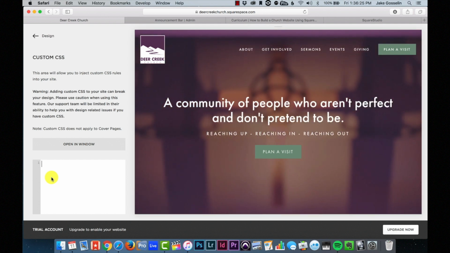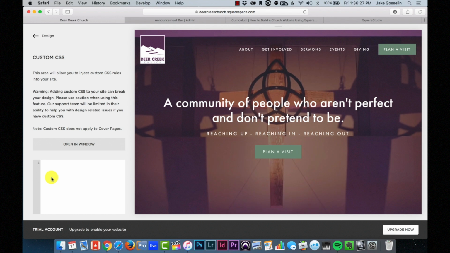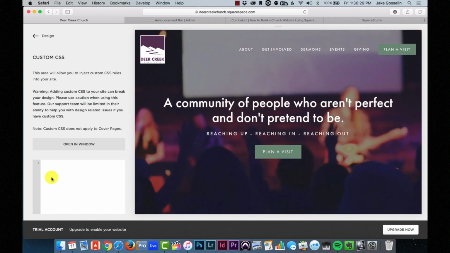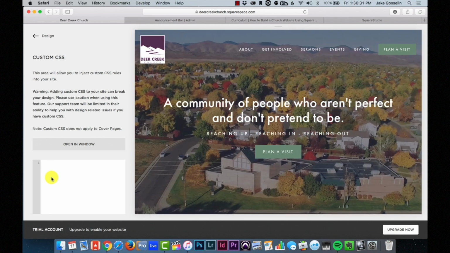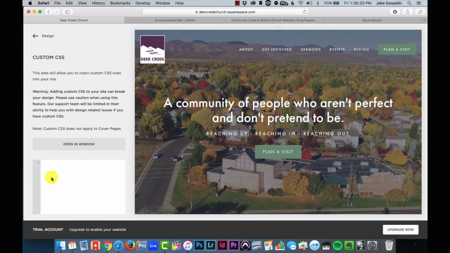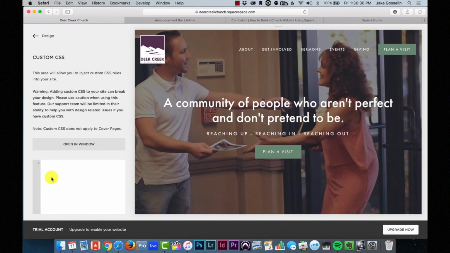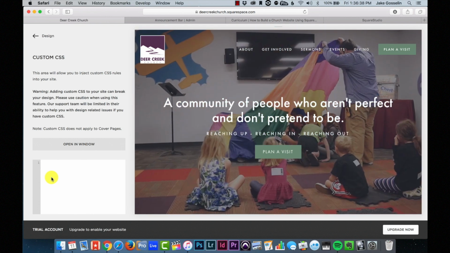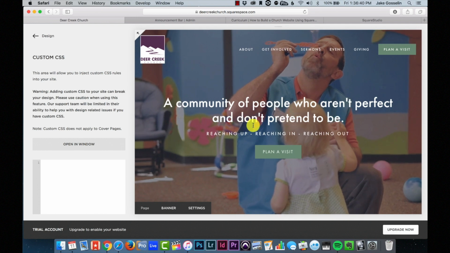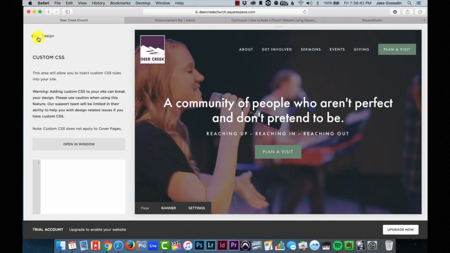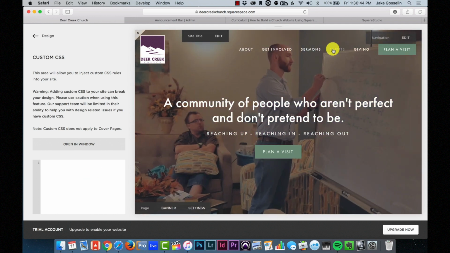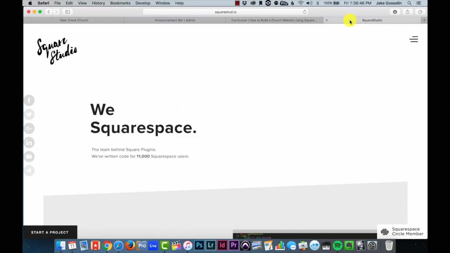But what's cool is that the internet, in its beauty of having so much information out there and so many helpful people out there, you can actually start Googling code for different things, and it's not too hard to sort of just teach yourself how to alter the design of this website by injecting some code in here. And one of the most helpful resources I found is called Square Studio. It's at